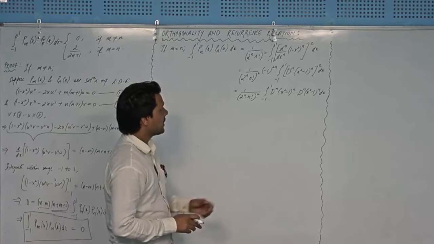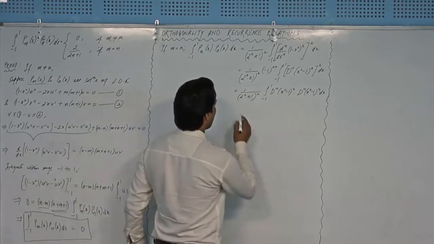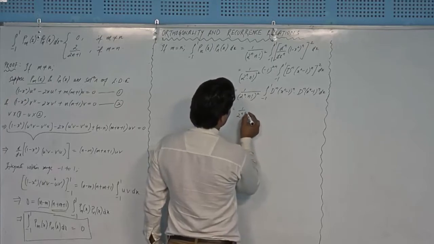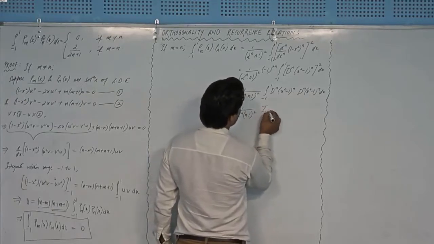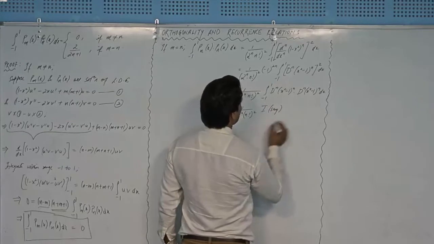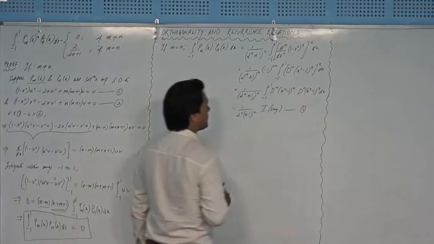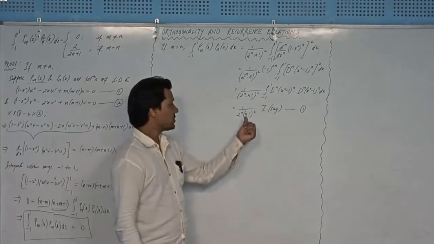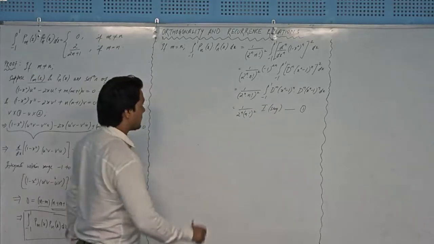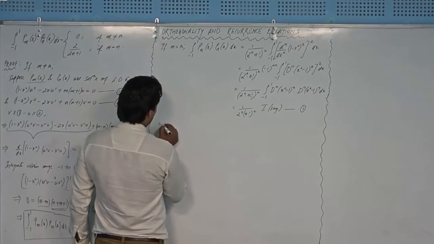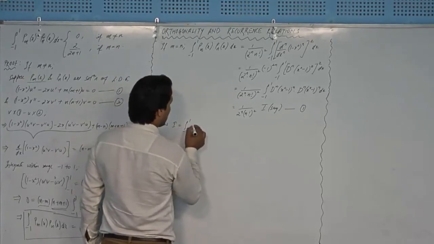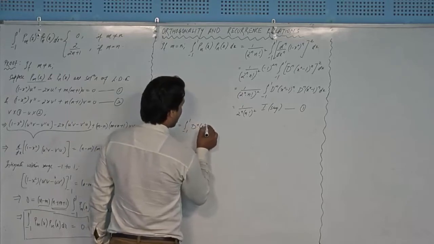Now I will assume this integral as capital I, say, and let it be equation number 1, right. Now we will evaluate this capital I, and then after finding its value, we will plug that value here in equation number 1. So now capital I equals the integral from minus 1 to 1 of d^n (x^2 - 1)^n